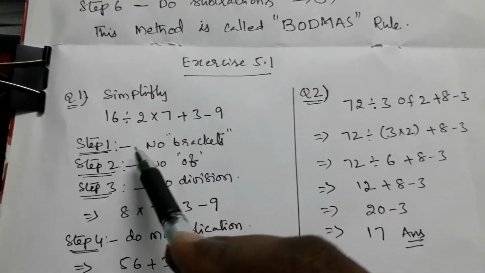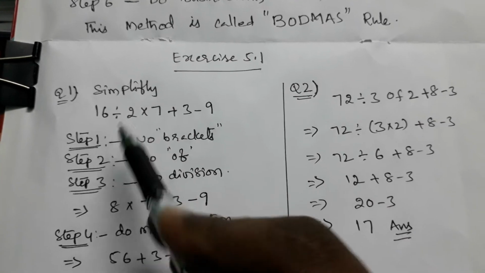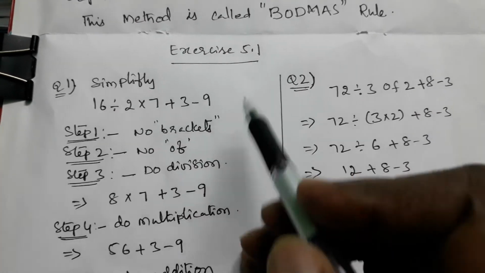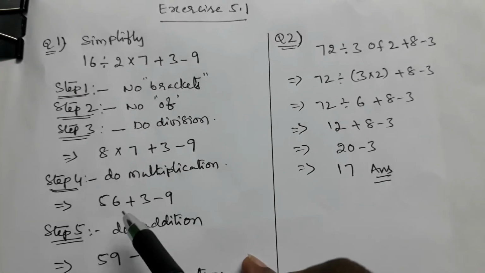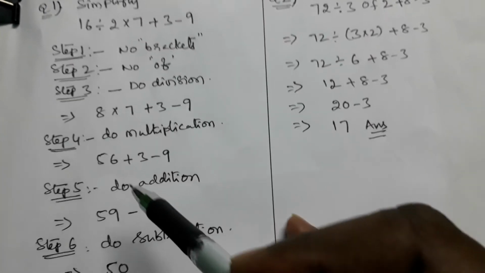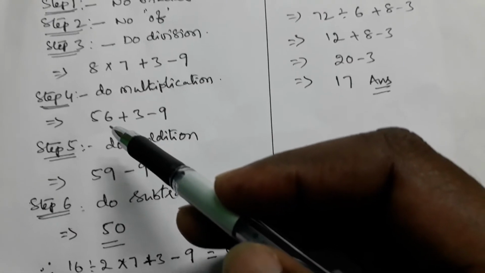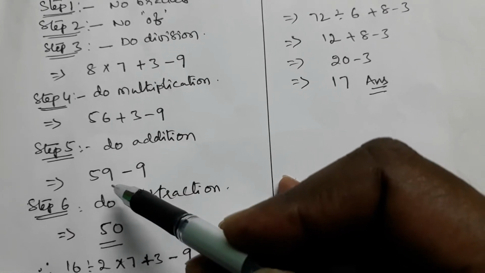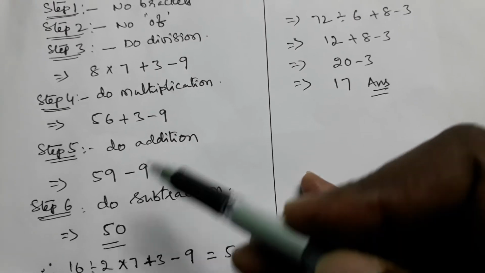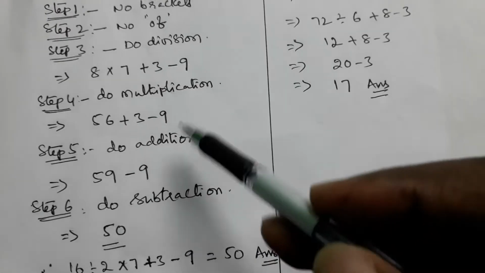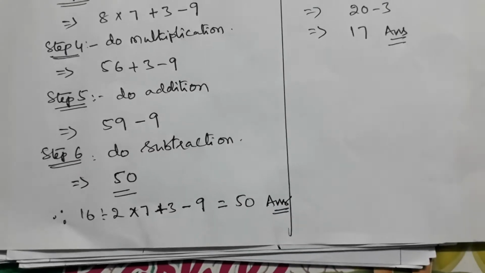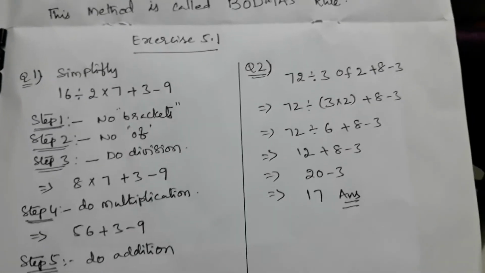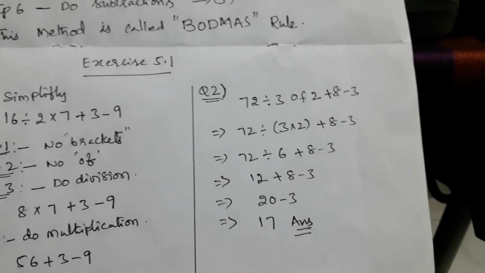Once again, first do division, result right here, and remaining all write as it is. Then next step multiplication, result right here, remaining all write as it is. Next step addition, write here and remaining write as it is. Whatever remaining is given, minus 3, after addition only minus 9 is there. Now the final step is subtraction. So you got the result. Okay, so we go to the next problem, question number 2.